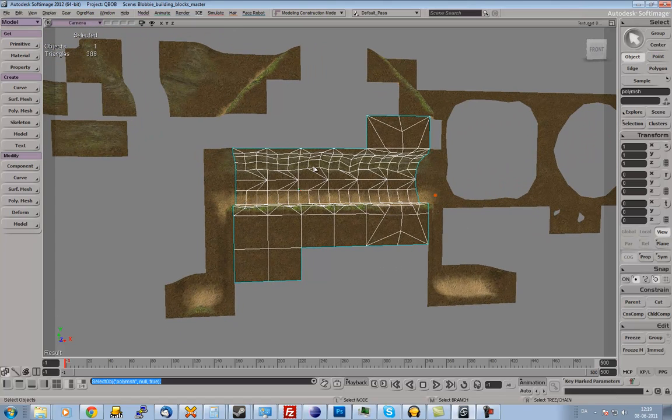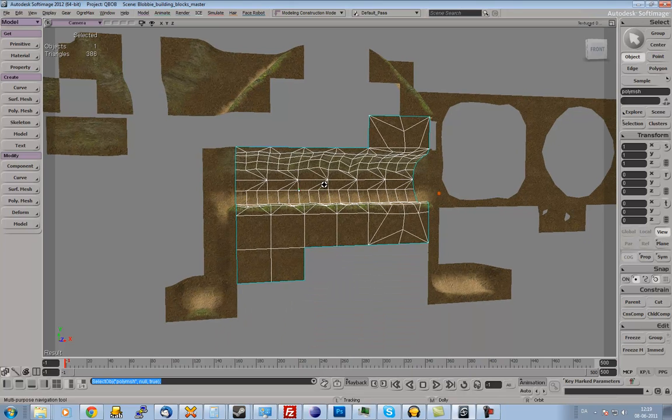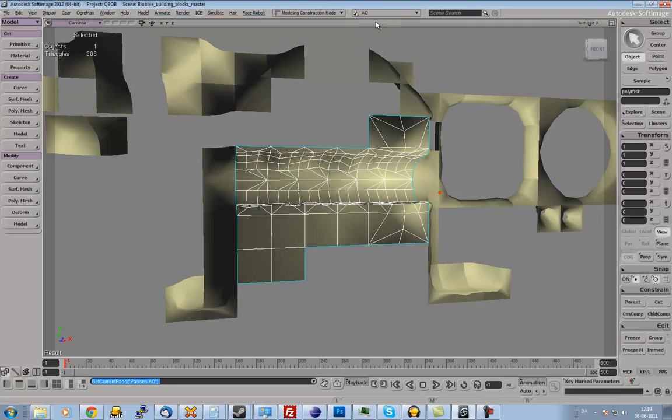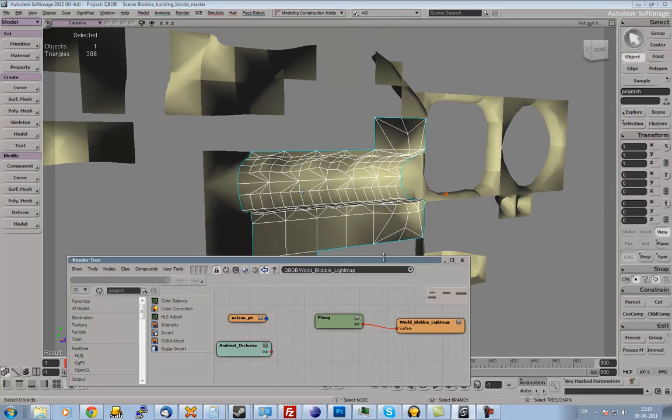So I have this UV now, and I want to get the light in, but currently the shader I'm using in Softimage is a constant shader, so there's no lighting information. So what I have here in Softimage is a pass system. I go to a different one, and this one now has lighting information,